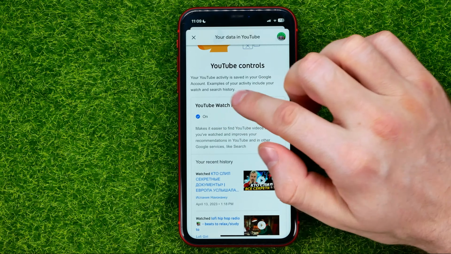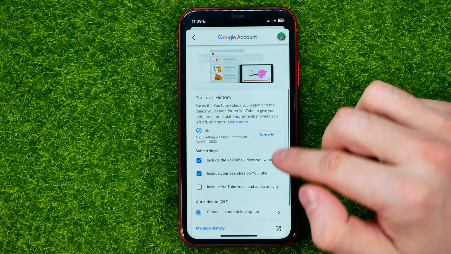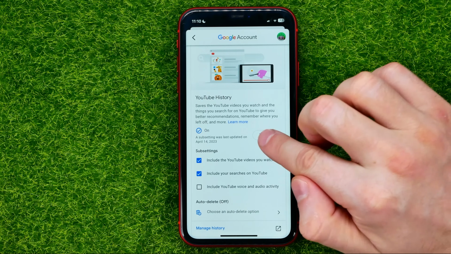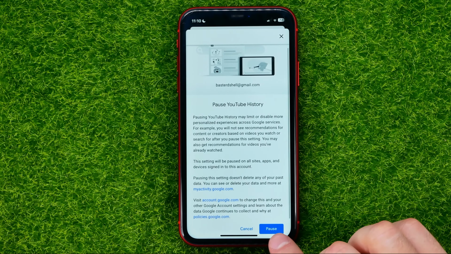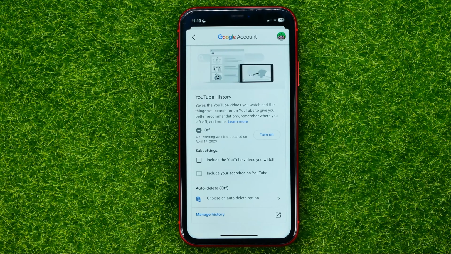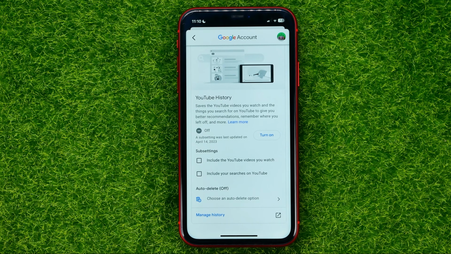Now it says On. You can tap on it, and on the next step you will be able to turn off saving of YouTube watch history. Just hit Turn off, then scroll down to make the Pause button active, then tap on it. Got it? That's it. I have just turned off YouTube watch history, and from now on YouTube will not be able